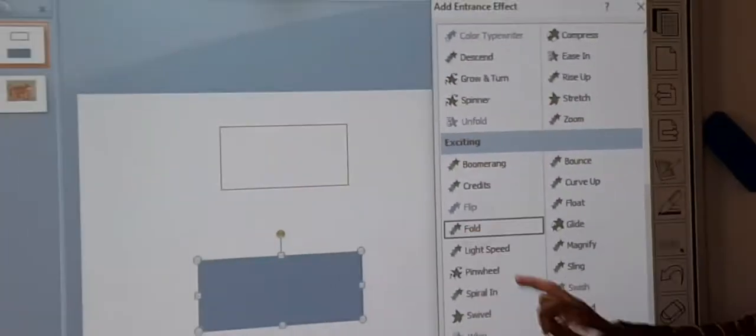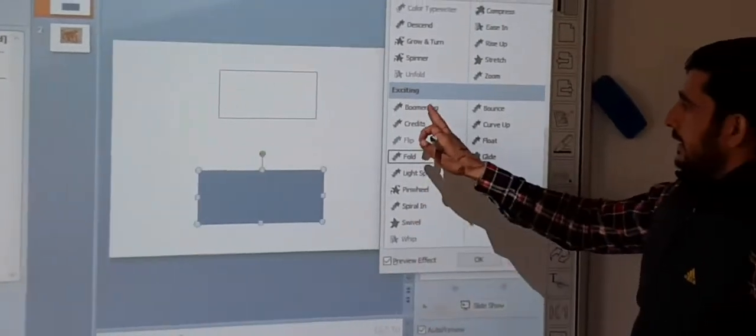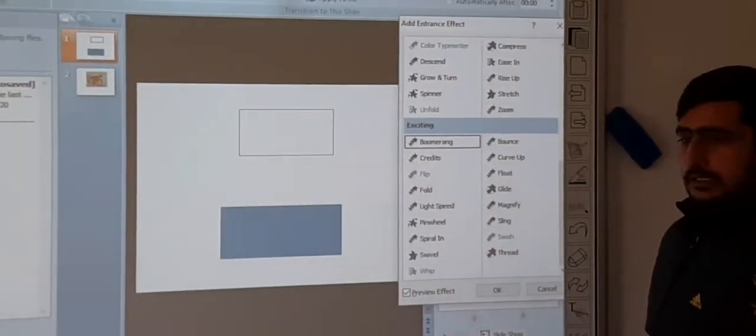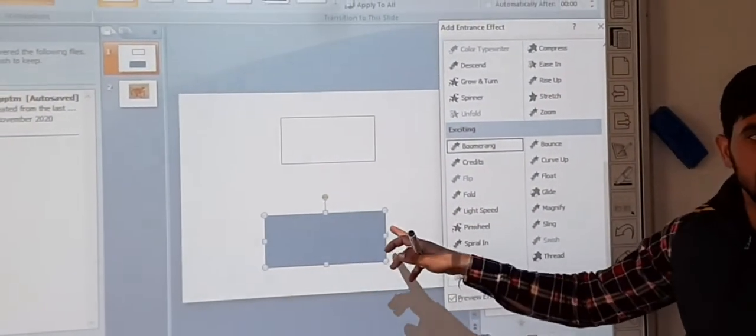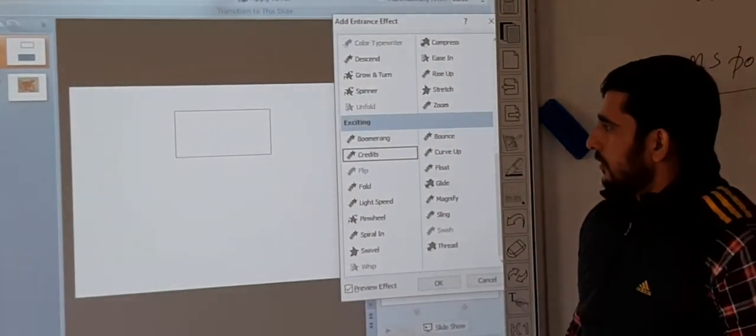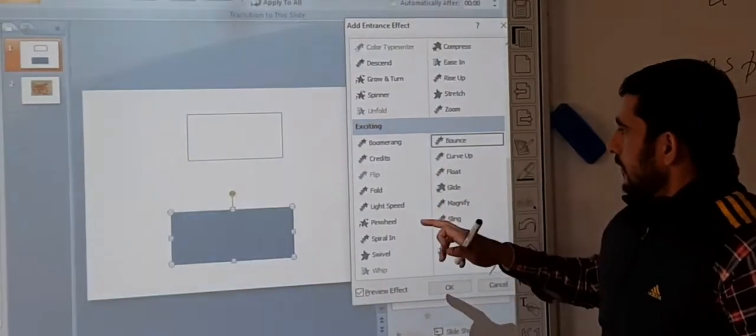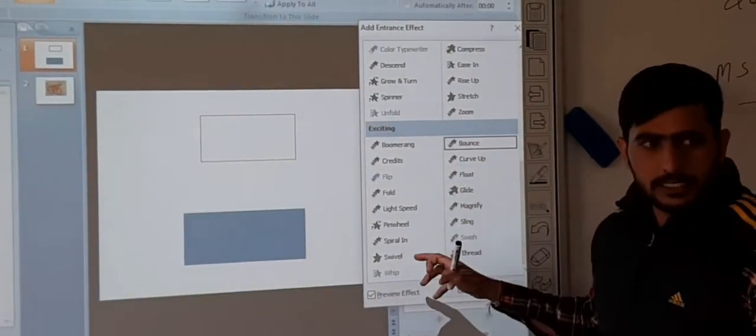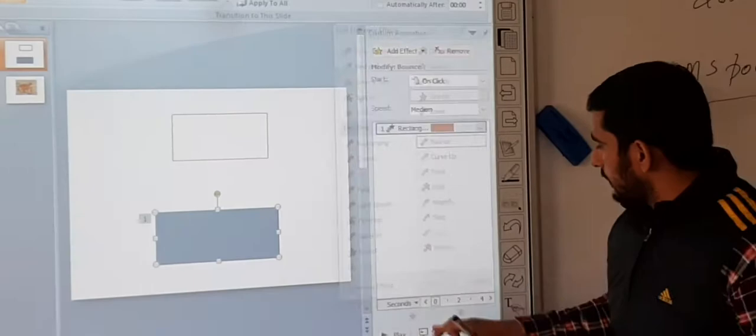Understand? Suppose I want to use Fold, so you will see that. I think you have seen this in every wedding video. When you change the effects, you can see them like this. So we can apply these effects.